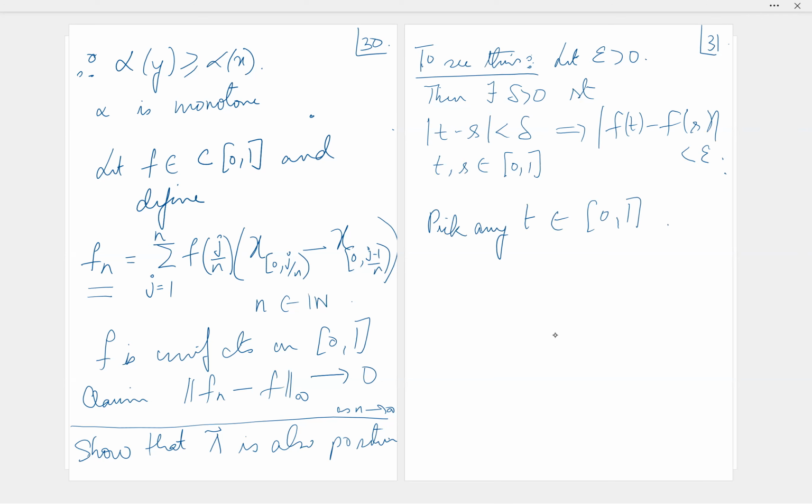Remember what the j by n points were. This is the partition we have taken. This is a typical partition Pn of 0, 1. So t must fall in one of these somewhere. So t, say, belongs to